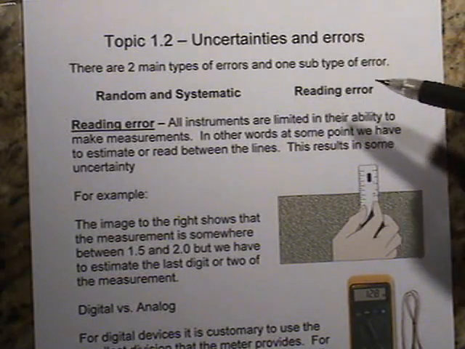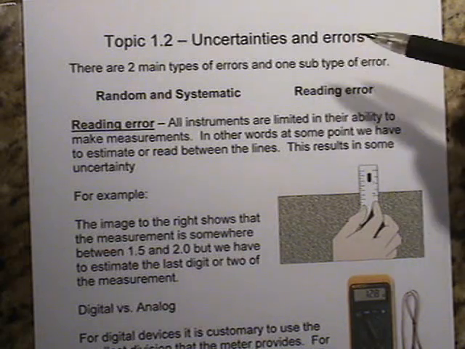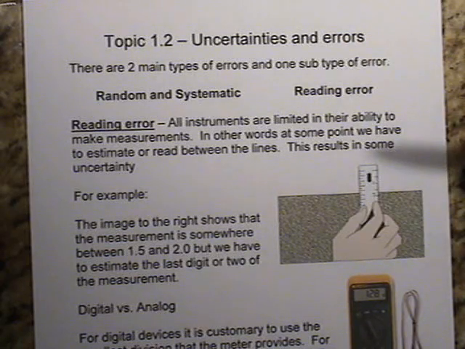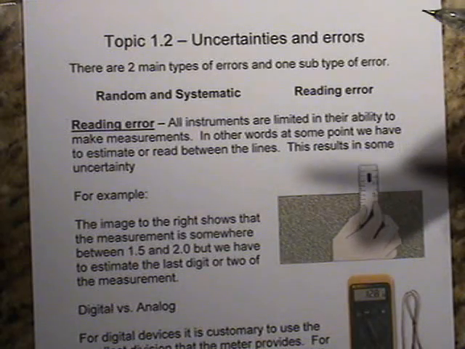Topic 1.2, Uncertainties and Errors. So in this topic, we're going to begin to think about how experimentation is done and what some of the limitations of experiments are. As human beings, we certainly are not perfect, and no measurement that we could make could possibly be perfect,